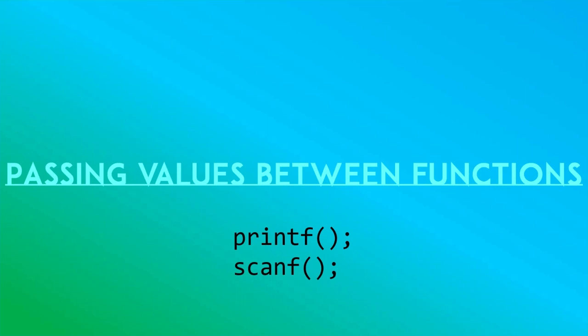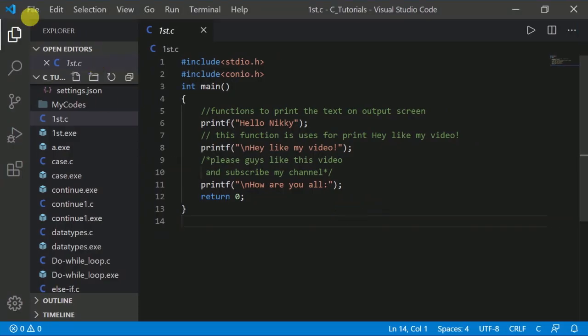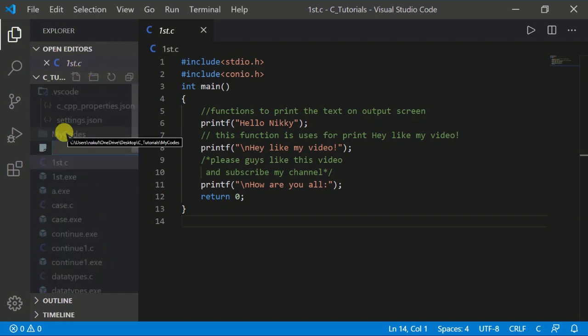So let's go to Visual Studio Code and learn about what is happening in this function. Let me create a new file and name it pvbf, which means passing values between function.c.